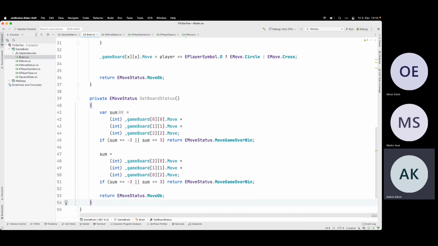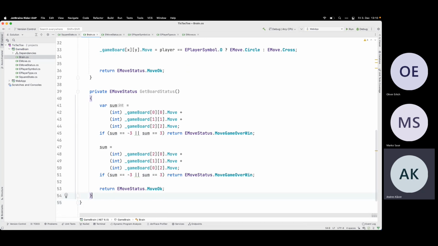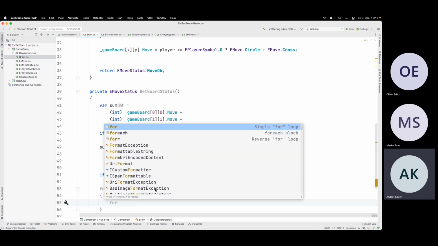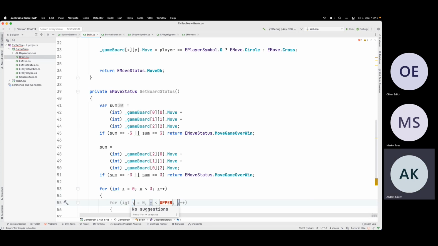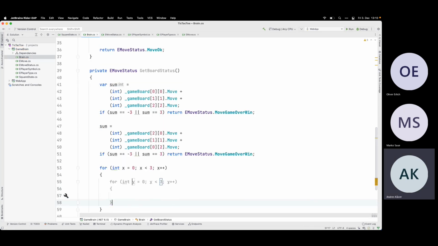I hope like this. And now I need to check all the other options. So let's make an index. The upper is 3. I can hard code here. The y is also 3.